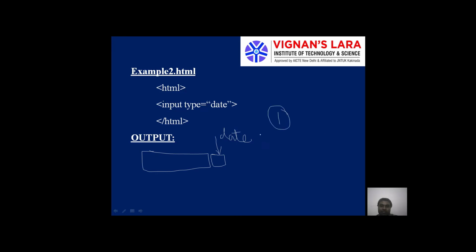If you run this program on different browsers, like Internet Explorer, Mozilla Firefox, Google Chrome, etc. If you run this program on the Google Chrome browser, it is going to display this small box through which the user can select a particular date. So Google Chrome will work fine. Whereas if you are running this program on a different browser, you won't get this particular box. You will get only this particular box. You won't get a small box through which the user selects a particular date.